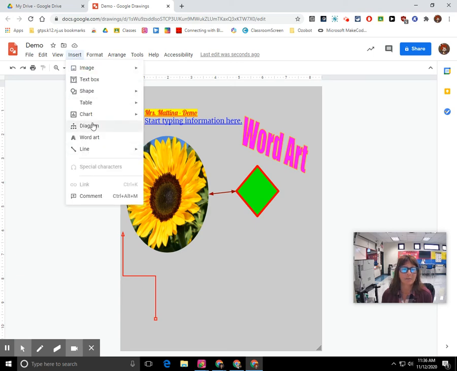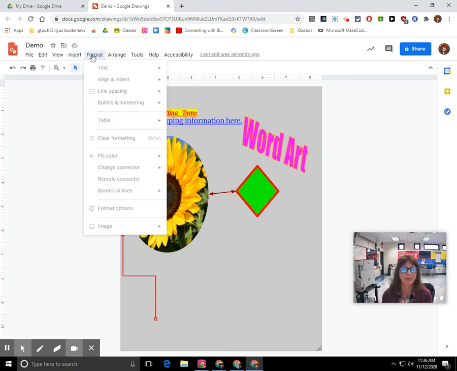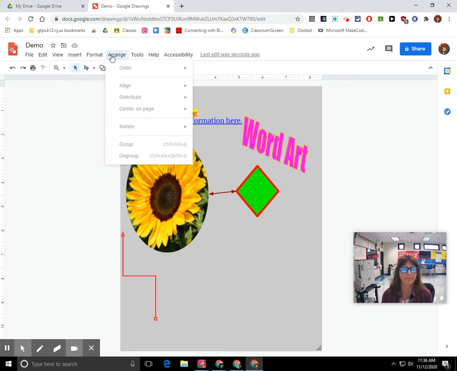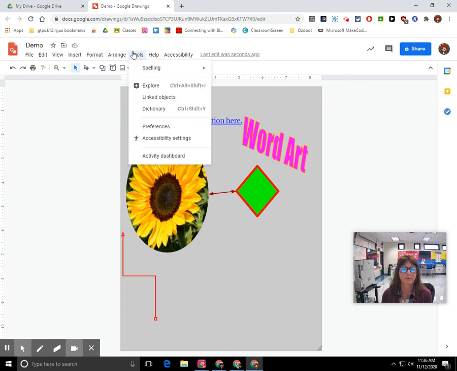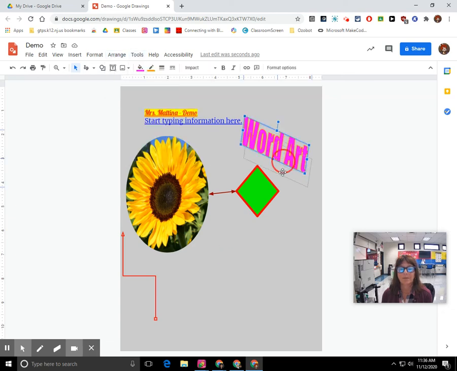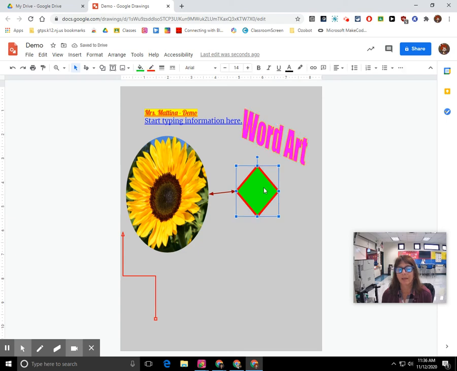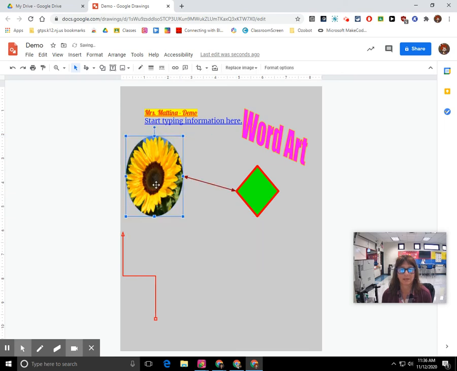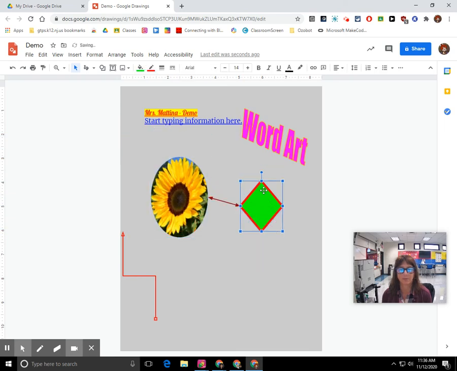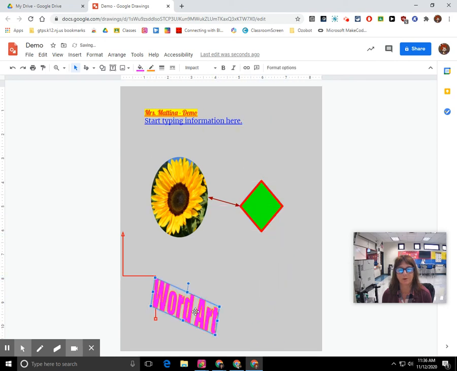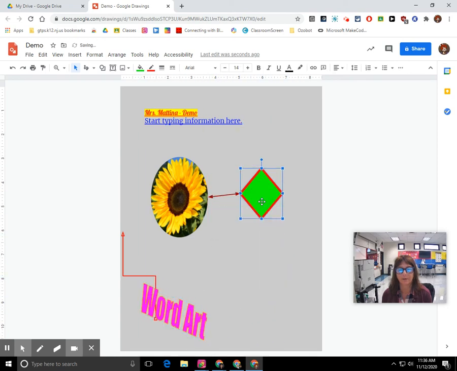You can do diagrams in here, you can do charts in here. Okay, so just say, for example, I have this shape, okay, and I want to group this shape with my sunflower. So all I want to do is I'm going to highlight that. All right, so let me resize my sunflower. Let me move my shape down. Let me get my word art out of the way. All right, now